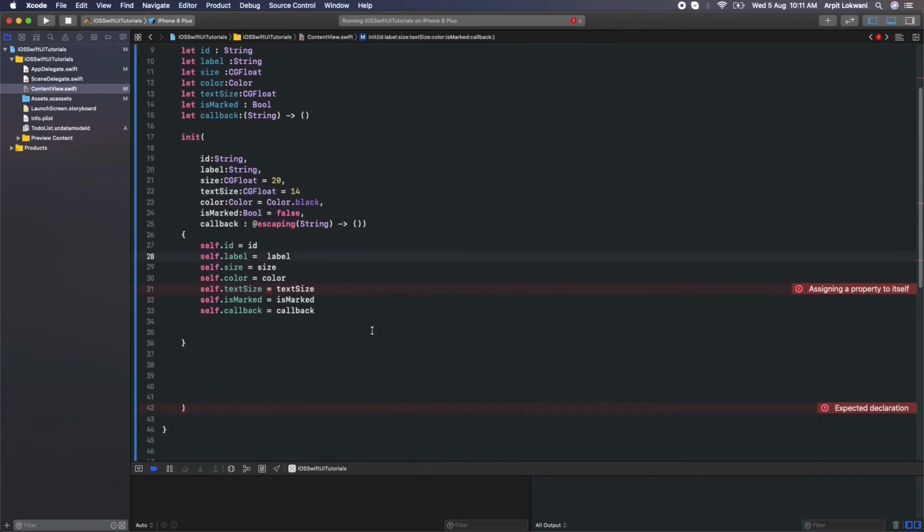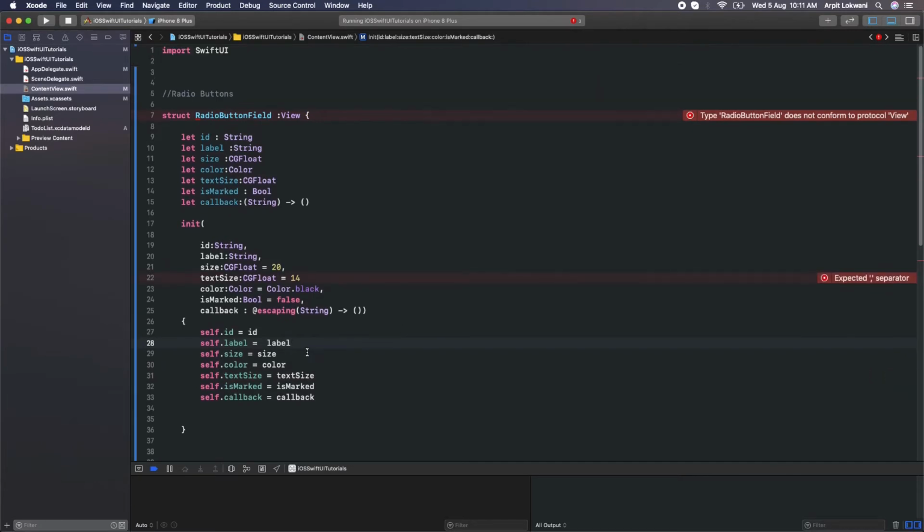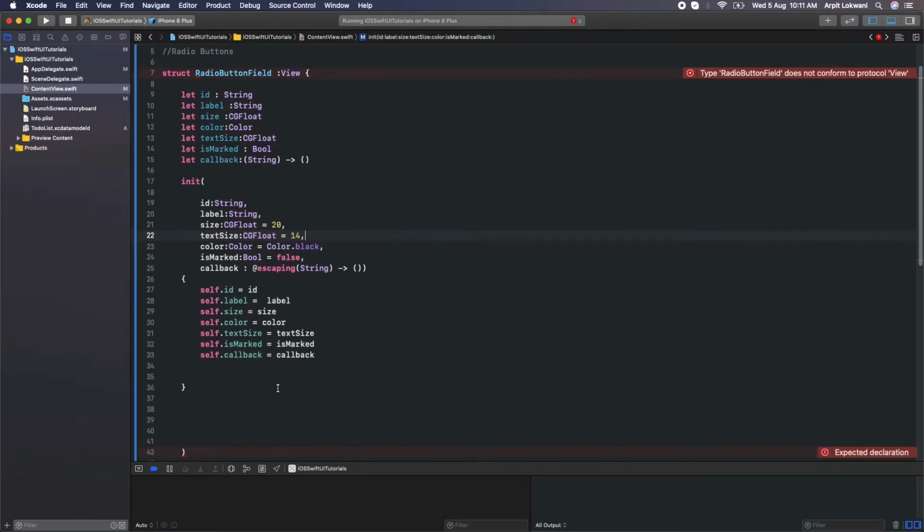Fine, now it should go. And what is this now, a separator? Okay, yeah, we can put it, no problem. Xcode wants everything very fast, so let's support it.